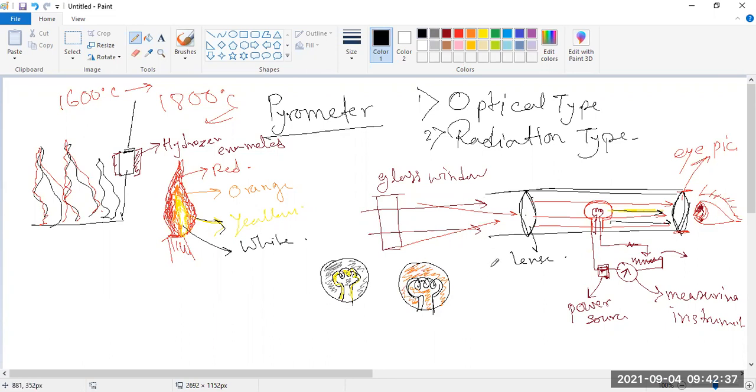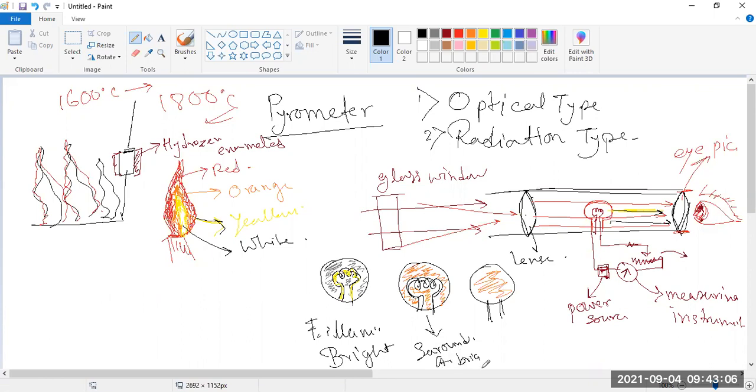And in the next case, the filament is not observable, means you can't see any filament. So what happens? The filament is bright, the surrounding area is bright, and there is no filament. What happens? When the filament is bright and the surrounding area is dark, it means the intensity of the